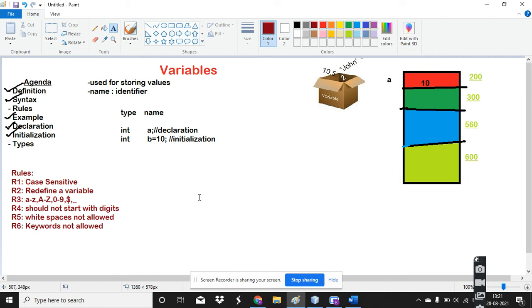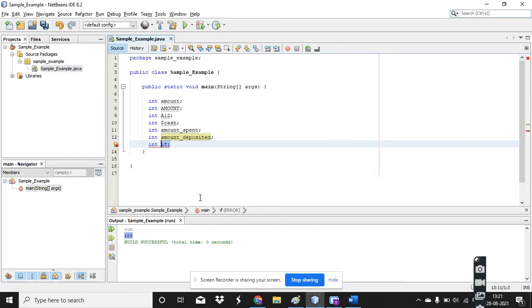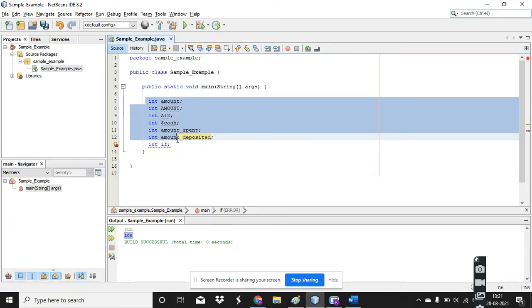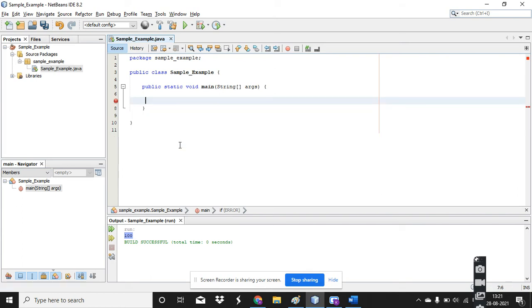Next, what we will discuss is how to initialize a variable and how to print it. Fine. Until now we have just declared variables. For declaration, you have your data type and your variable name. That's it. But for initialization, you should assign a value. So here you should assign a value. This is what initialization means.